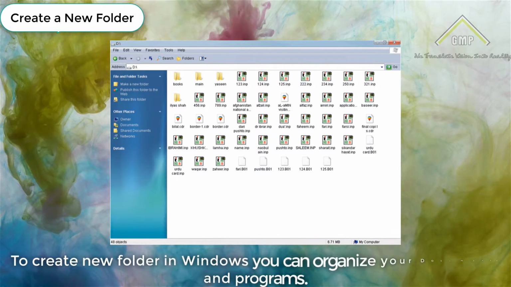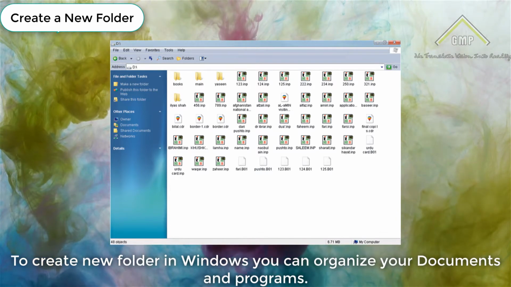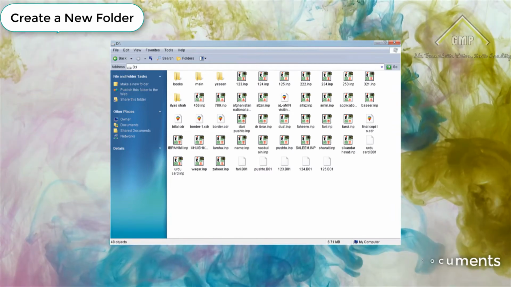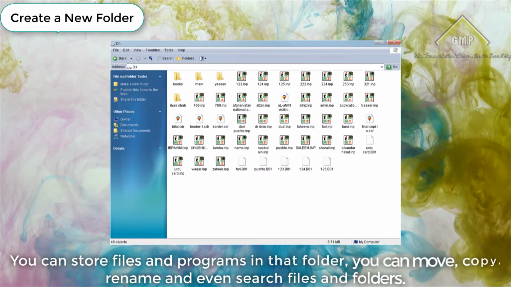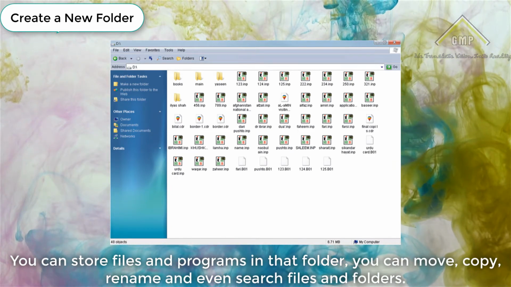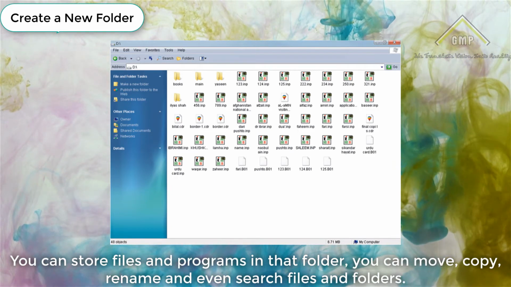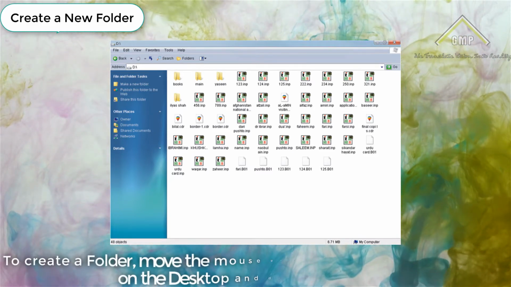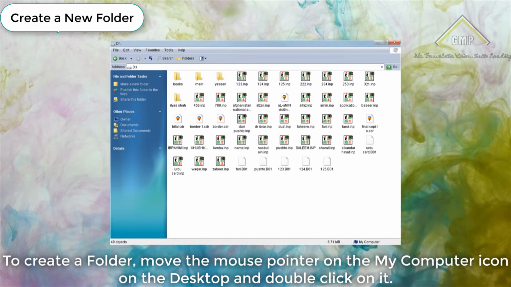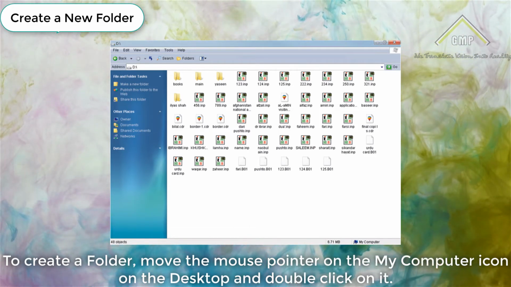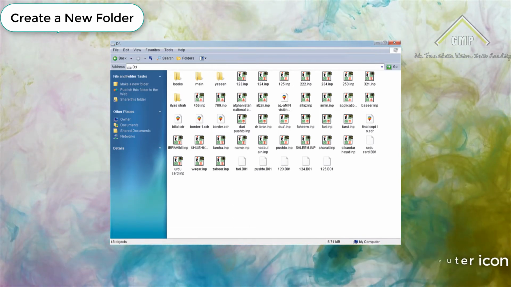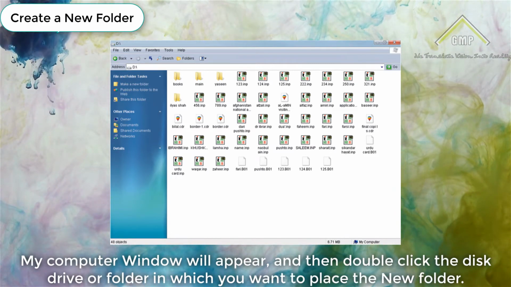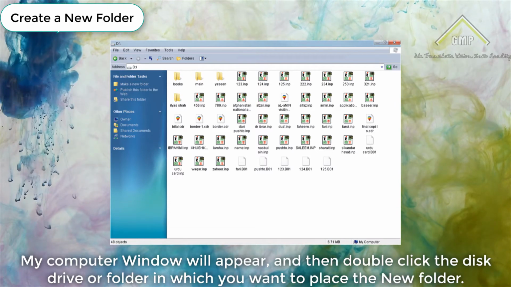Create a new folder. To create a new folder in Windows, you can organize your documents and programs. You can store files and programs in that folder. You can move, copy, rename and even search files and folders. To create a folder, move the mouse pointer to the My Computer icon on the desktop and double-click on it. The My Computer window will appear, and then double-click the disk drive or folder in which you want to place the